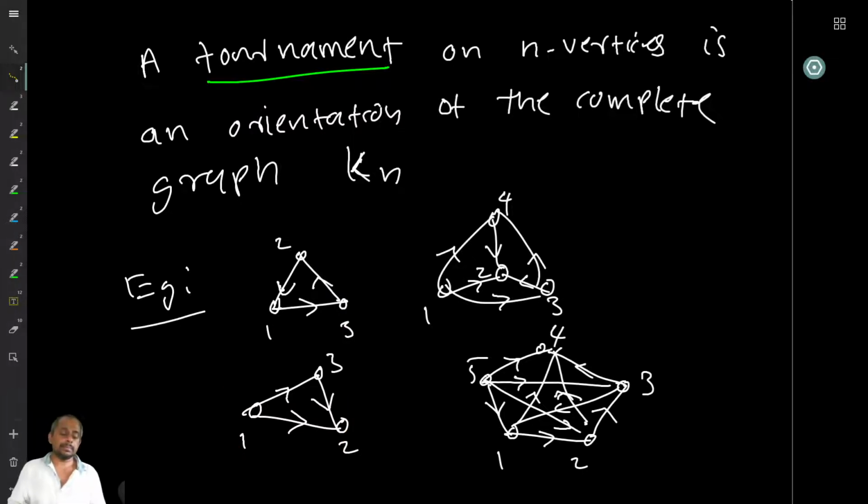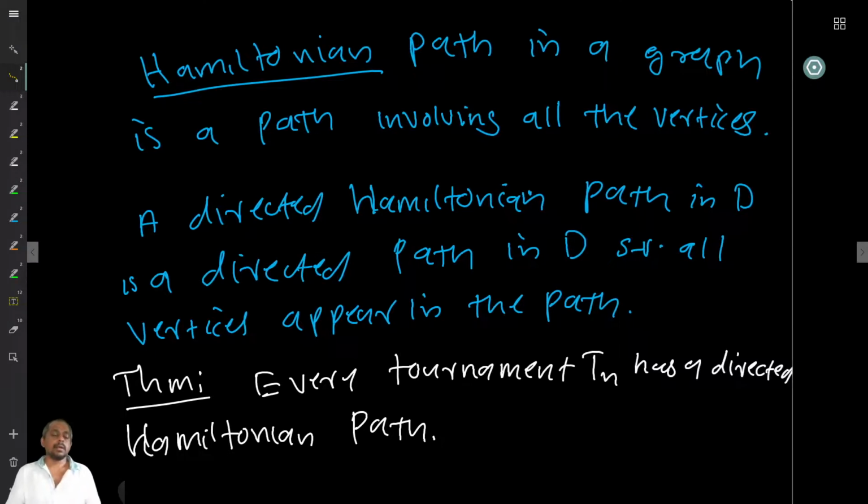Now, I am interested in tournaments. I want to look at some properties of tournaments. One of the typical questions that comes in graph theory is what is called a Hamiltonian path. If you remember, a path is basically a sequence of vertices and edges in between them, where consecutive pairs of vertices have edges in the correct direction, I mean, for a directed graph in the correct direction. Otherwise, there is an edge between them.